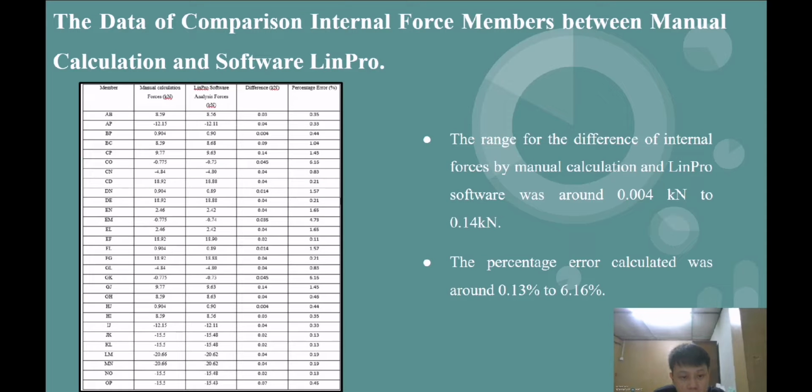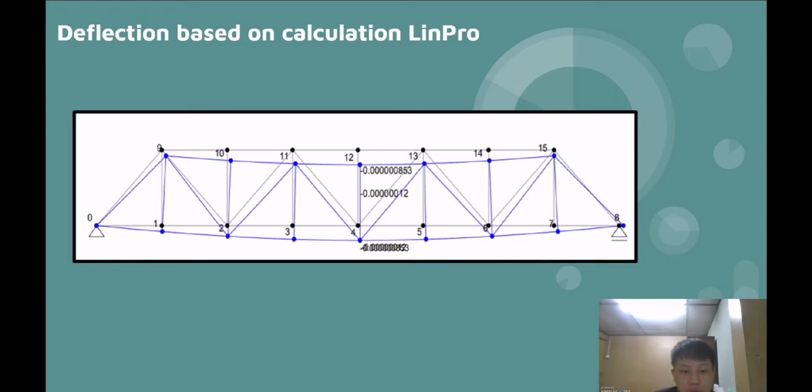In the table, it shows the member manual calculation force, RIM Pro software analysis force, difference, and the percentage error on each member. From the table, we can analyze that the range of the difference of internal force between manual calculation and RIM Pro software was around 0.004 kN to 0.14 kN, and the percentage error calculated was around 0.13% to 6.16%. And this visual shows the deflections